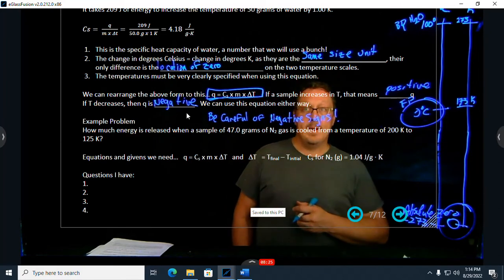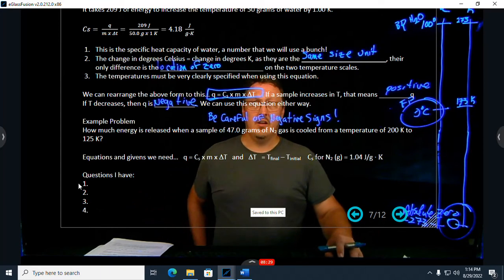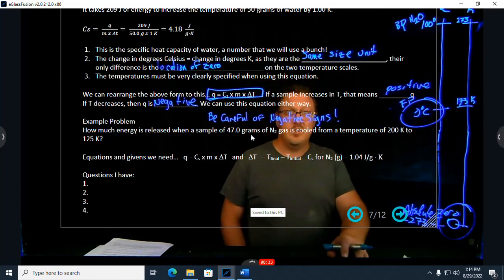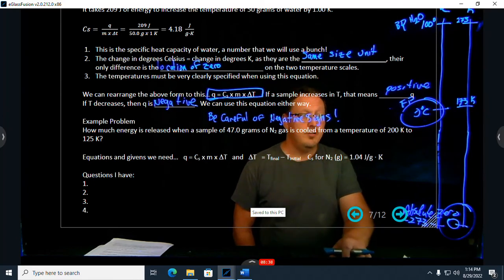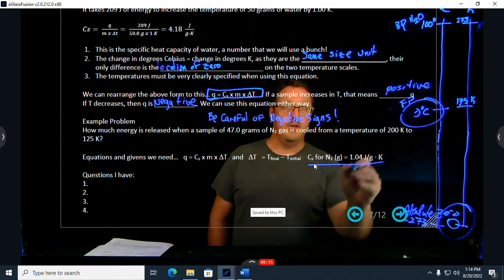Okay. Now we're going to set up a sample problem here. And here we go. How much energy is released when a sample of 47 grams of nitrogen gas is cooled from a temperature of 200 Kelvin to 125 K? And so the equations that we need: Q equals Cs times m times change in T. And we need to know that delta T is equal to T final minus T initial. And our Cs, I have to give you this value because you don't know where it's coming from, is 1.04